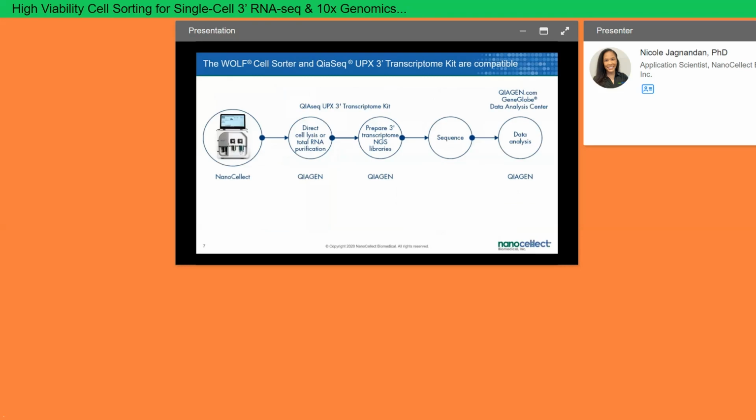With that, we do present a full end-to-end workflow using the Wolf cell sorter and the QIAseq UPX 3' transcriptome kit for 3' RNA-seq. So all users have to do is begin with a mixture of suspended cells, load it onto the Wolf cell sorter. You will figure out which population of cells you're actually trying to sort, and then you'll dispense it using the N1 single cell dispenser,